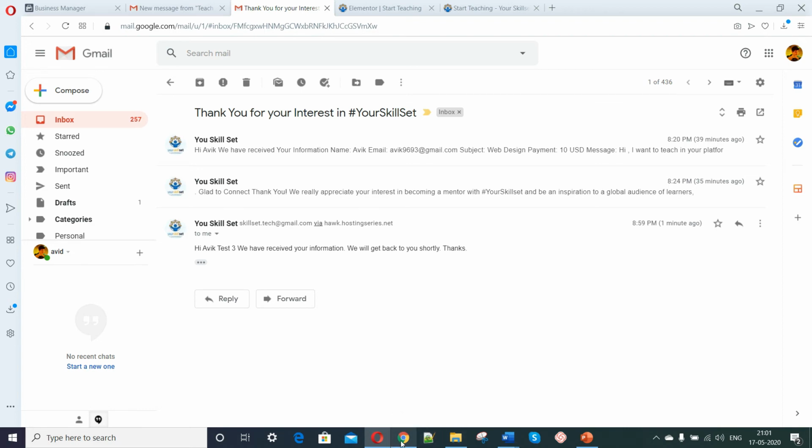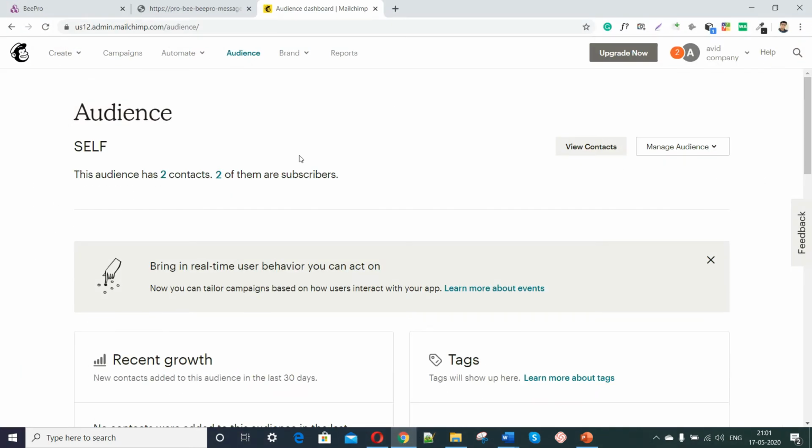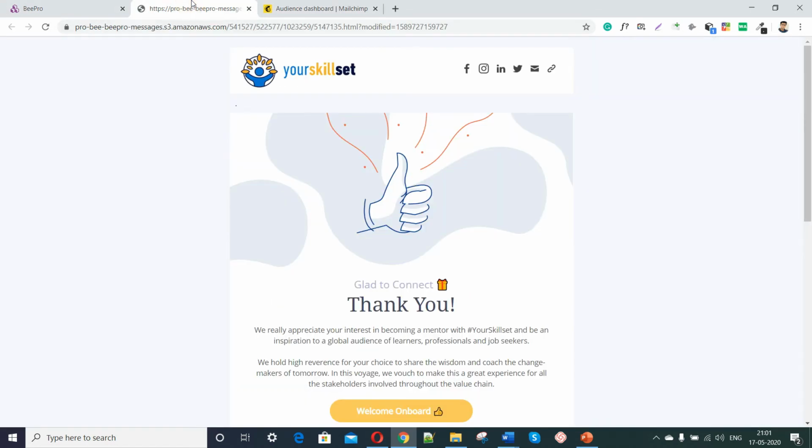I'll quickly take you to an email editing software. So you can use MailChimp, Active Response. You can use GetResponse. There are multiple email marketing tools like that. I'm using B-Themes for my email design. So it's a simple drag and drop design tool. You can use MailChimp, you can use any other email marketing tool. So this is how I've designed my email.